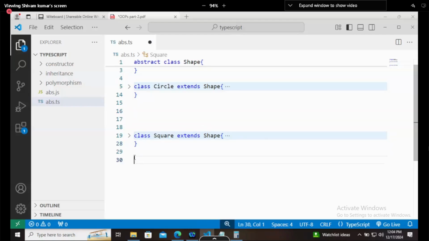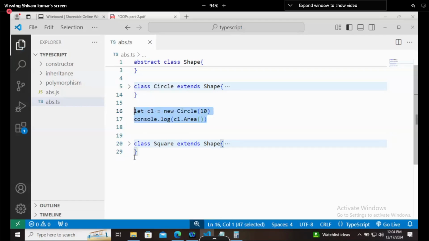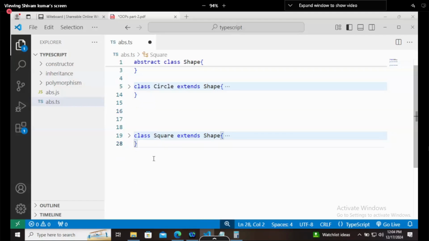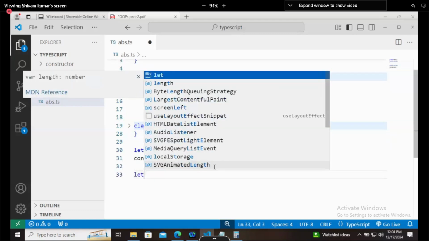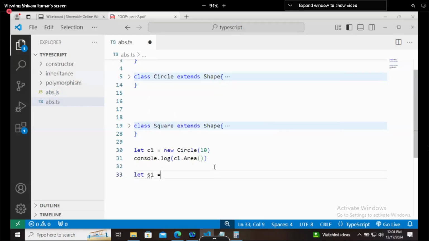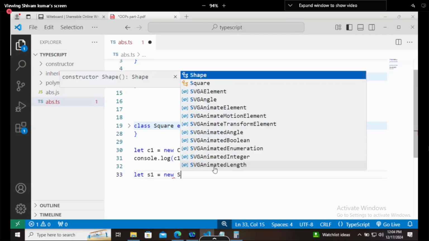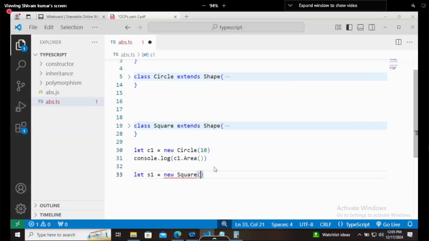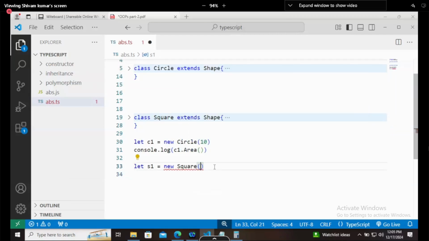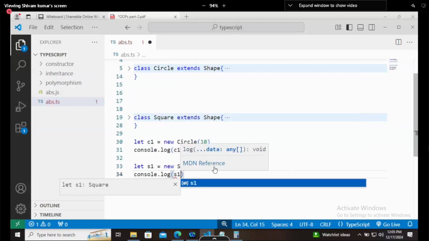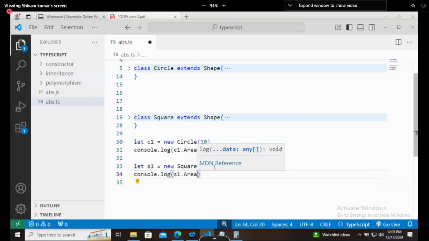At first we have declared the Circle, and let me declare the Square after that. So I will say let s1 equals new Square, and Square will take one value, so let's give it 1.2. After that I will say console.log(s1.area).